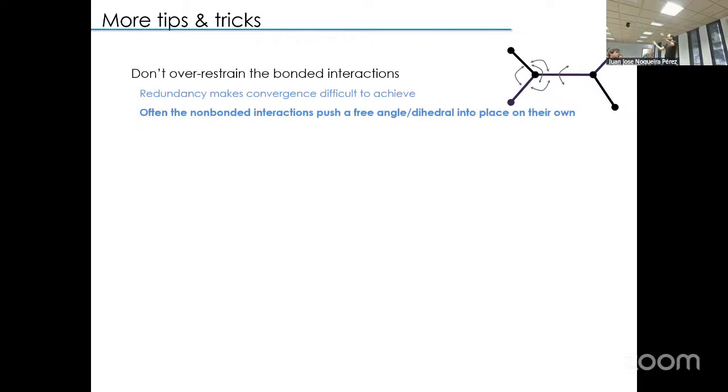But the thing is, if in my initial parameterization the molecule already worked like that because the aromatics were interacting, I don't need to reinforce that. And actually, reinforcing it then prevents correct behavior when the conditions change. So less is best. Also,